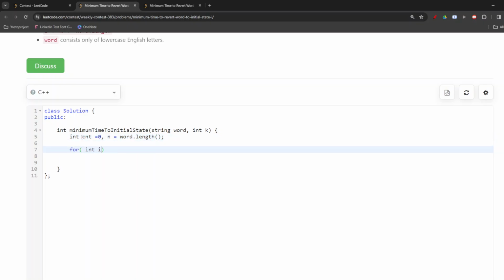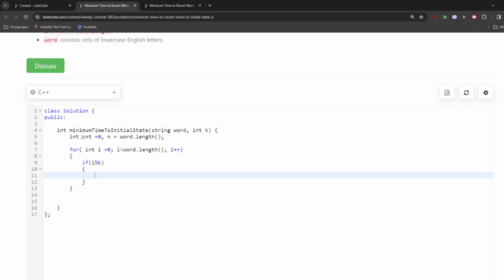Now we will be running the loop to iterate over each and every character of the string. So now if i modulo k equals 0, why are we doing this? We are doing this so that we can remove only k characters at the start. Then at the start only, we are going to do count plus plus,